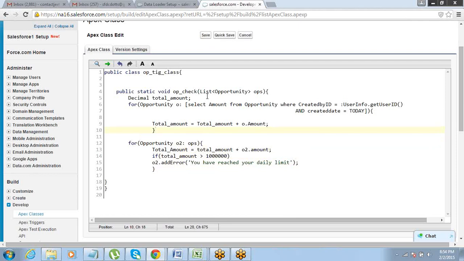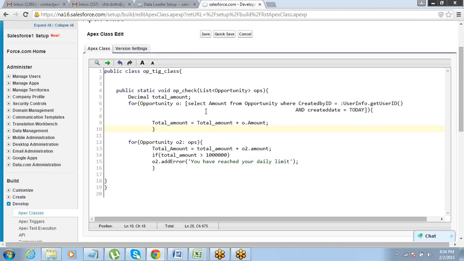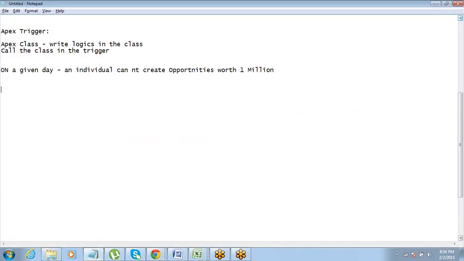Now my method is here. I just have to go and call this on the opportunity trigger. How will I call it on the trigger? It's pretty simple. If you have defined your method in the class, you just have to write this trigger, whatever name, T1 on opportunity, event, let's say before insert, before update.